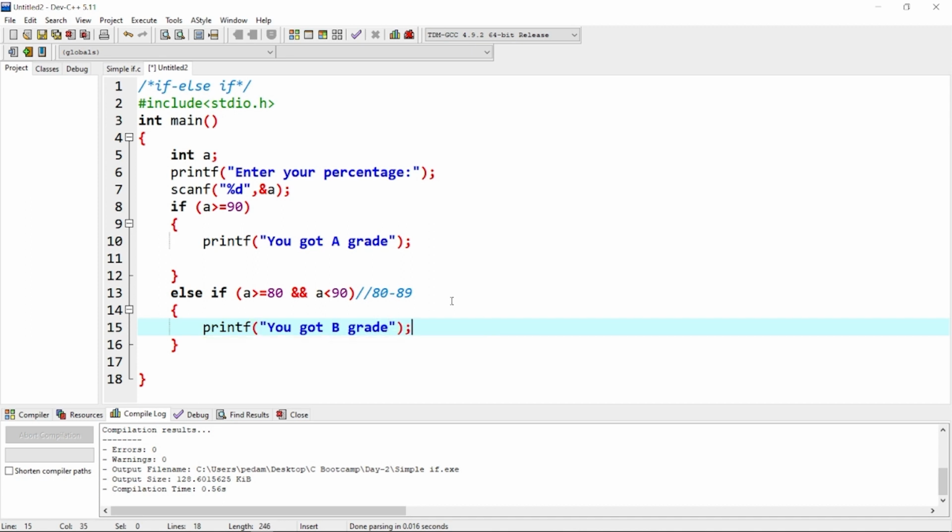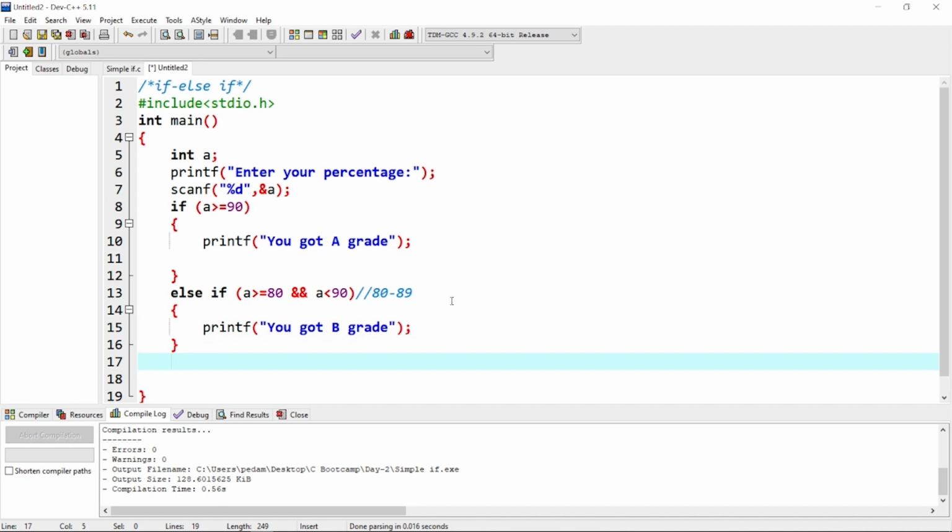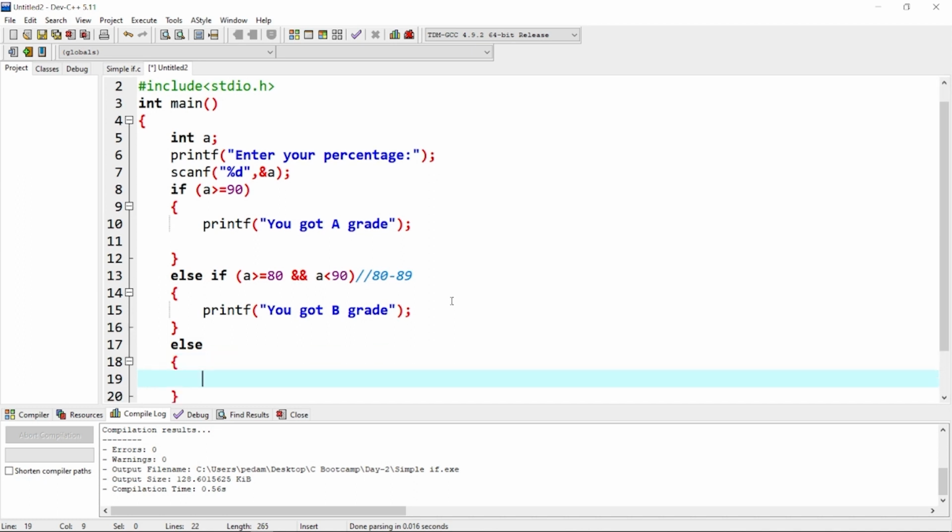Right, and again semicolon, and else case. In all other cases, he gets a C grade. So I'm going to write it like this. And even if he enters the minus sign, which is not an ideal thing, but if the person, for some reason, has typed it in the wrong way, even in that particular case this statement will be printed. Okay, printf,